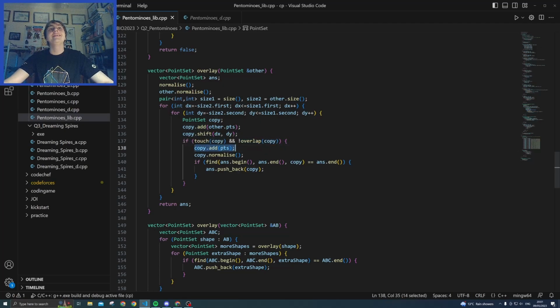We can then add to our maneuvered shape the points of our fixed shape, which now will represent the conglomerate of the combined pentomino. And now we normalize that shape. Whenever we get that shape, we normalize it so that its top left is at the origin. And that's just so that we can now check our point set vector and check that we don't already